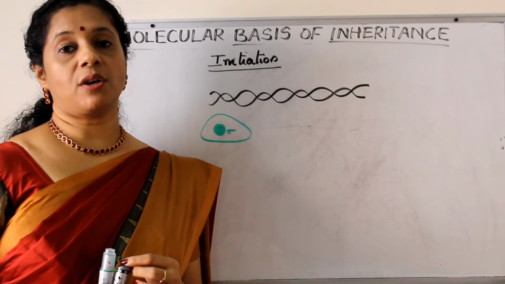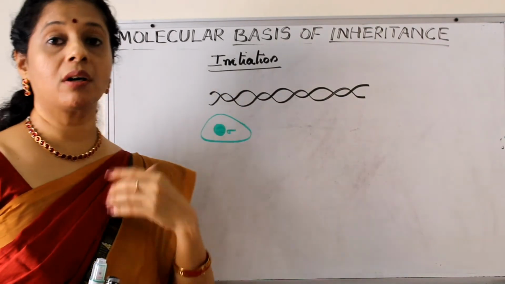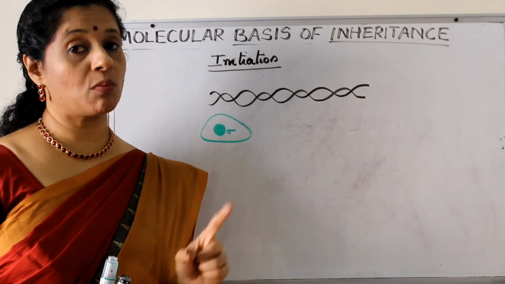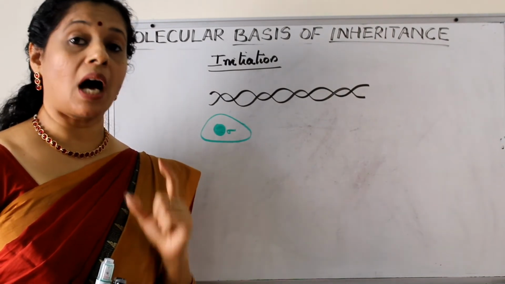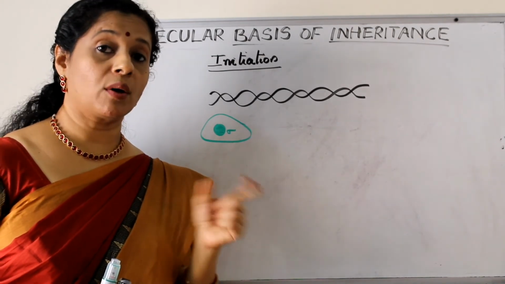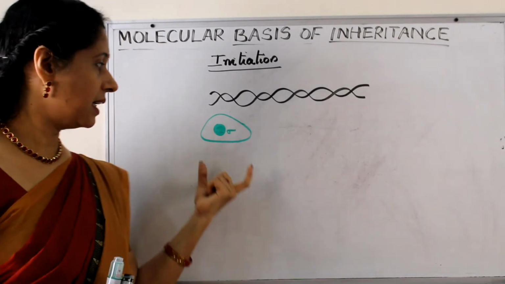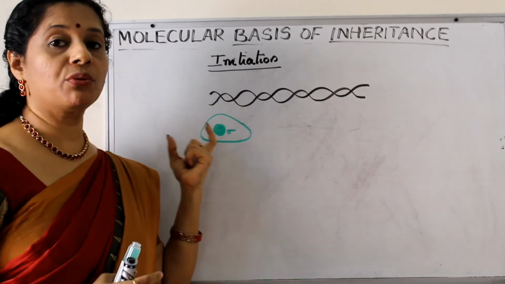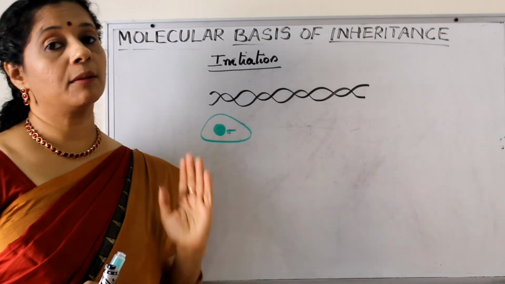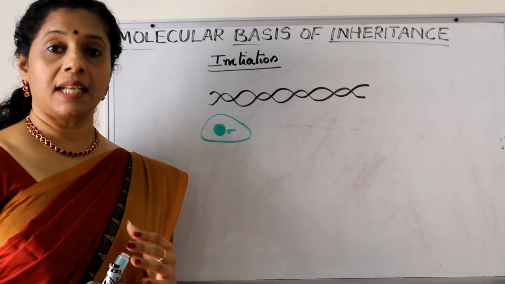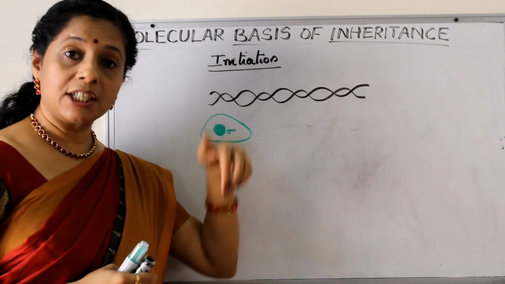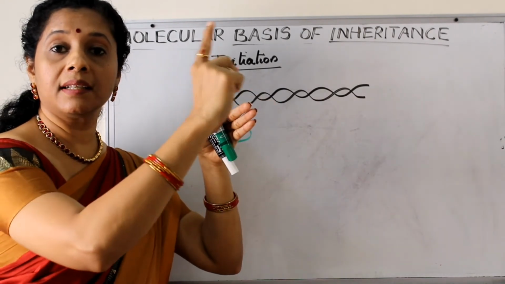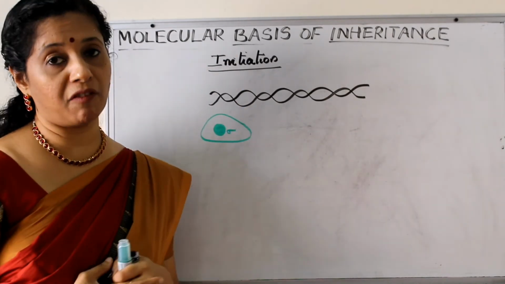So the first process of transcription is initiation, or starting of the process. We know once RNA polymerase binds to the promoter site, the process starts. So RNA polymerase transiently, or temporarily, binds to sigma factor, then it becomes a holoenzyme and it is functional. Now this will come and bind to the promoter site so that the process can start. Now if the DNA needs to be copied, we know that the DNA has to unwind, open, only then the sequence can be read and RNA can be formed.